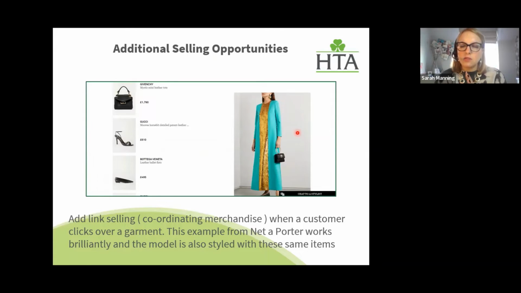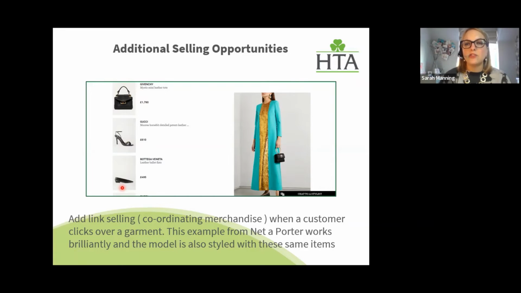And on quite a lot of e-commerce sites, you have the ability to then add coordinating items, or, you know, this item would look great with, or pair this item with. And then possibly the other items that we've already looked at on the Instagram page could be presented on the page for the customer alongside the product, so the customer has the opportunity to upsell that package of product. And all of that is how it would usually convert in store,